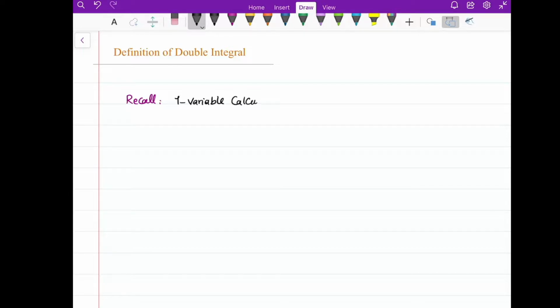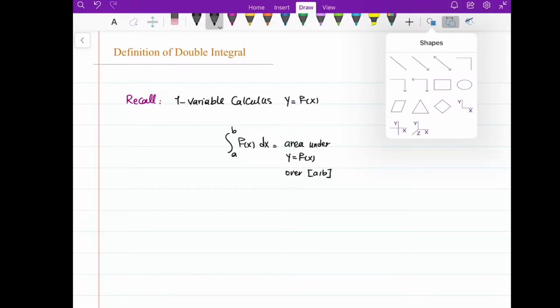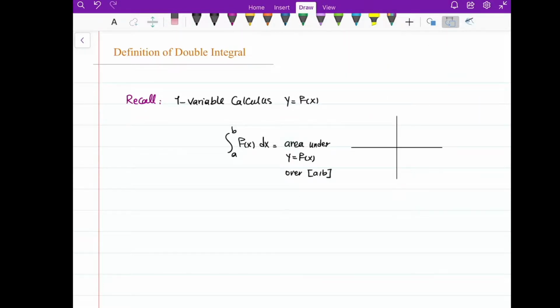calculus, when we have a function y equals f of x, then we say that the integral of f(x) dx from a to b is basically the area under the graph of y equals f of x over the interval a and b. Okay, so it means what? It means that if we have